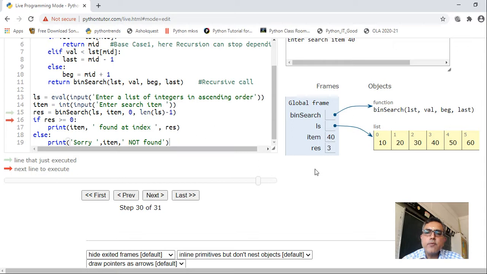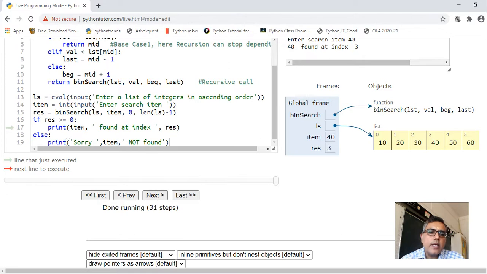So RES will save 3 if 3 is greater than or equal to 0, yes. It will go to the next, then it will print item, that is value of item is 40 found at index 3, 40 found at index 3.